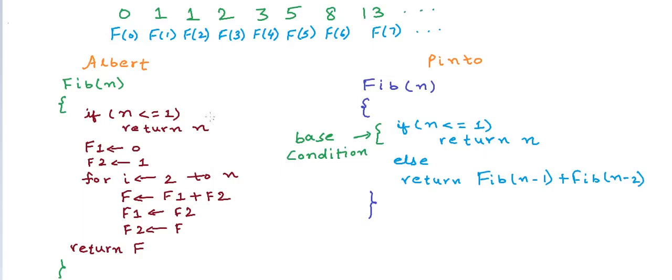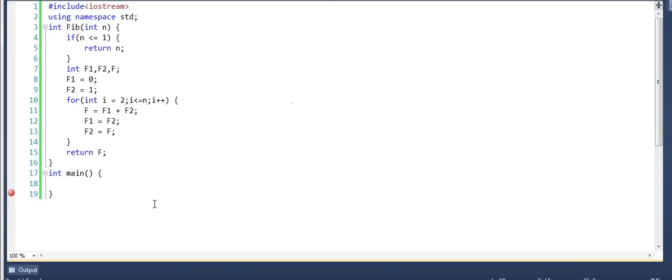Now let us quickly try to write these programs in an actual compiler and see what happens. So I will write a C++ program, and this is the Visual Studio compiler open in front of you. So this is Albert's code, where he has written an iterative program where he is iterating through all the fi's in a loop from 2 to n,